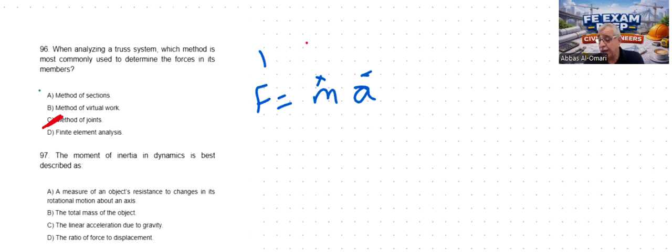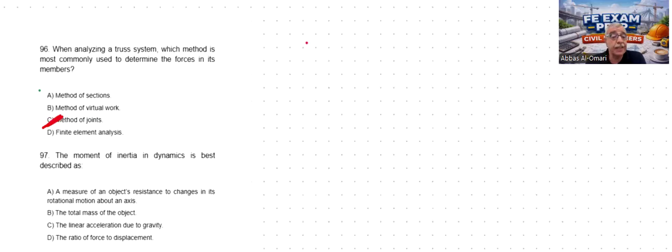Now, if we want to analyze the forces in all the members, the most common method is the method of joints, but the method of sections is still correct. Okay, but the method most commonly used is the method of joints. So the next question: